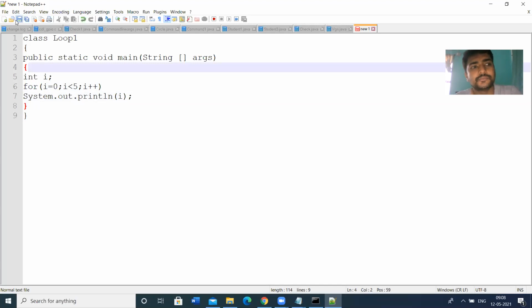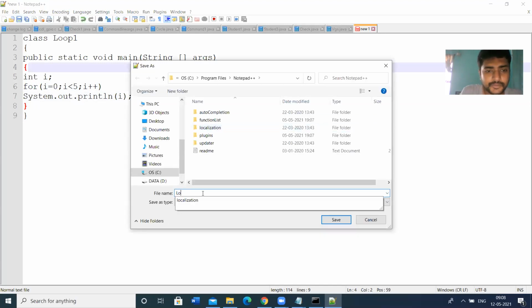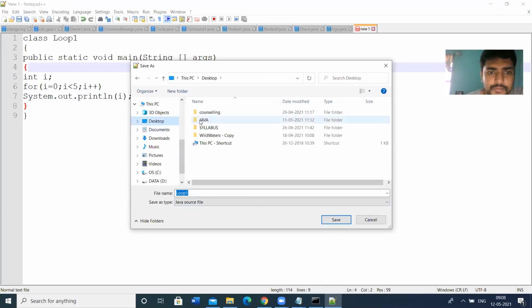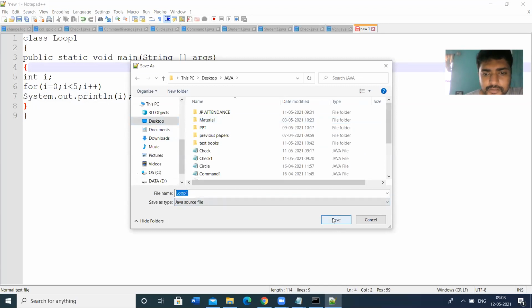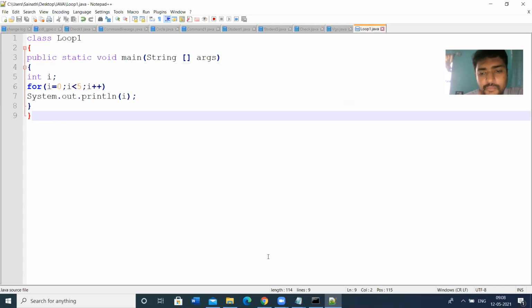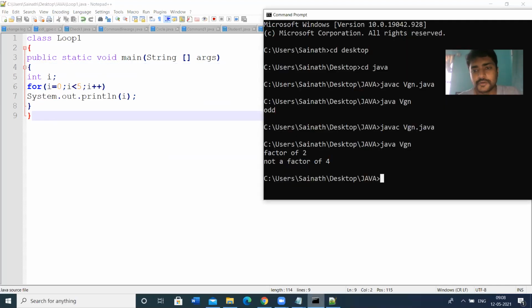Let us save this program. The program name is loop1.java. So this is a simple program. Let us check the output. javac space the file name, loop1.java. So there are no errors.